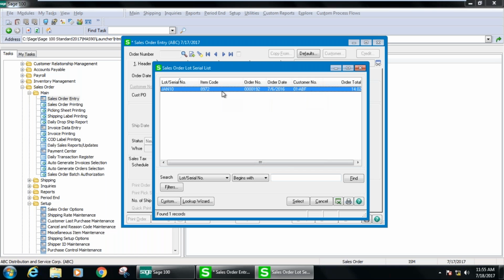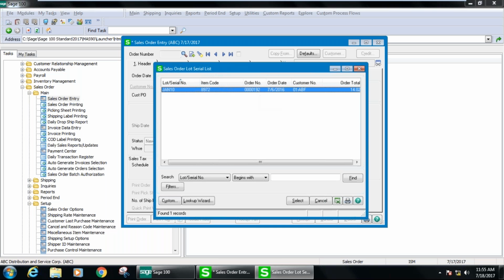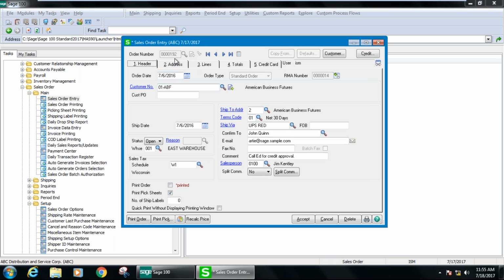Favorite customer ABF. They have lot number January 10, and it is in order number 192. If I wanted to get to it right off the bat, I am good. So again, this helps you pinpoint if you have some type of a recall or some type of an issue with a lot without having to run a report that tells you